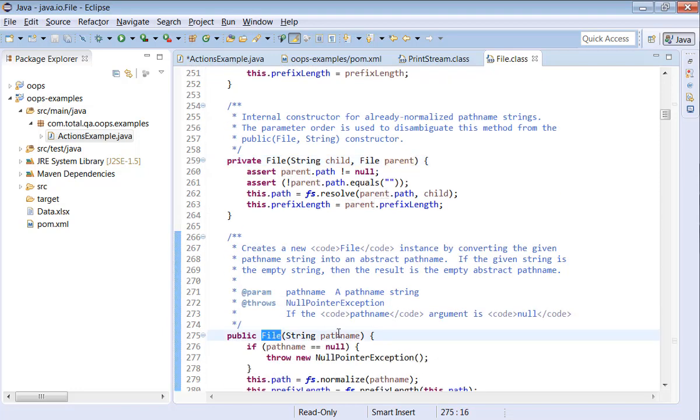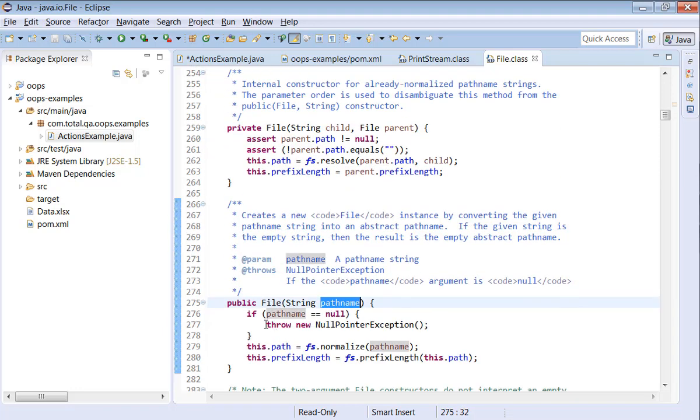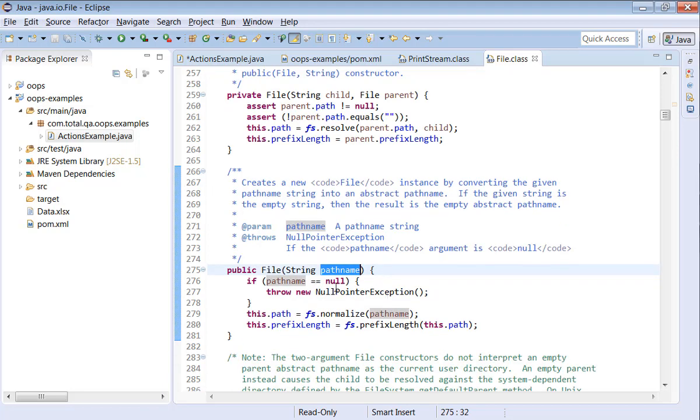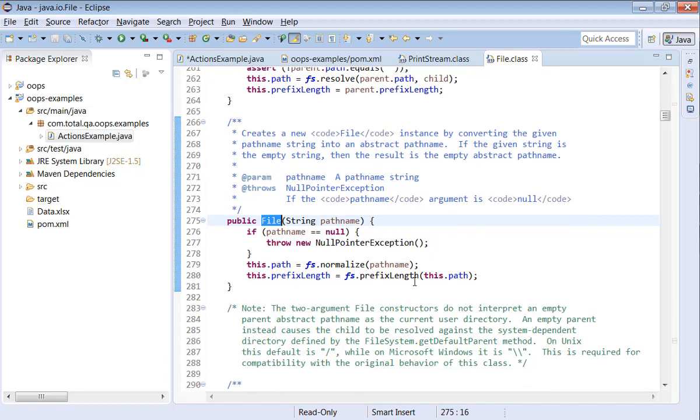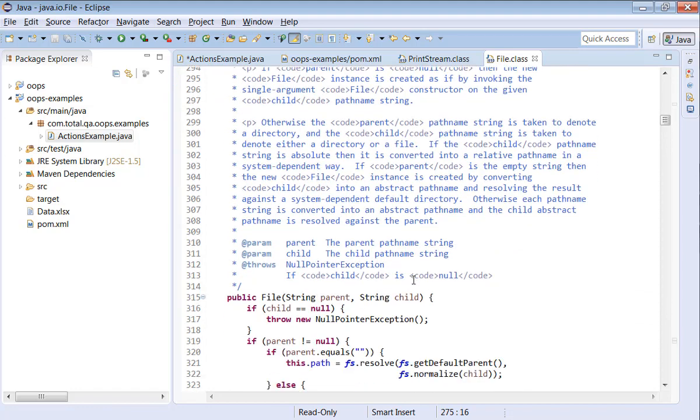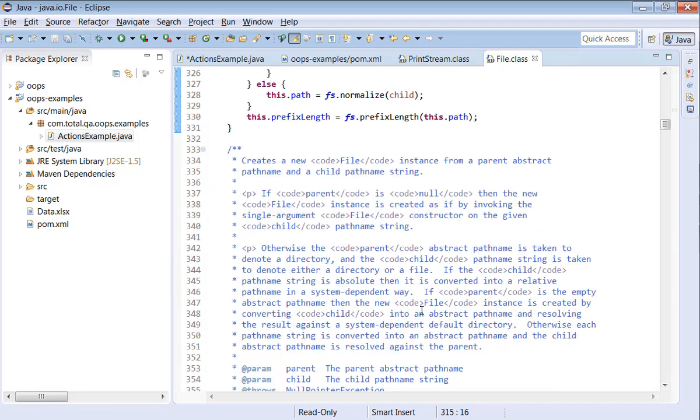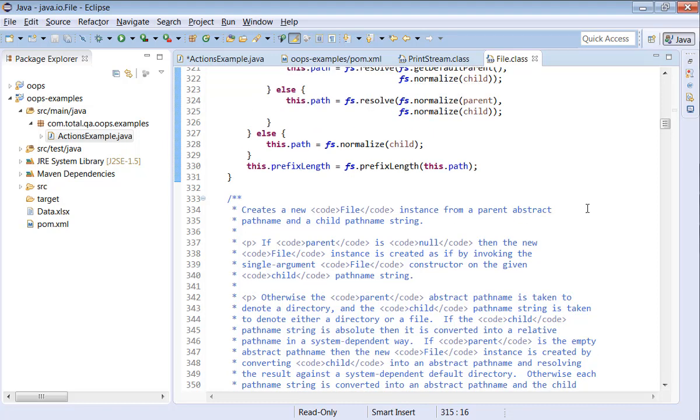This is a constructor which takes a path, and this is the one we majorly use when handling programs using File. File operations we do mainly using this constructor. We create an object. Similarly, you have another File constructor here. So there are so many examples which help us understand OOPS concepts. Constructor overloading, a good example is the File class.